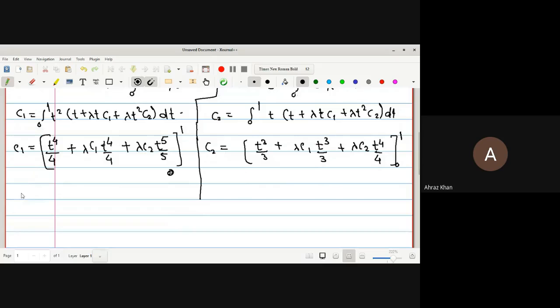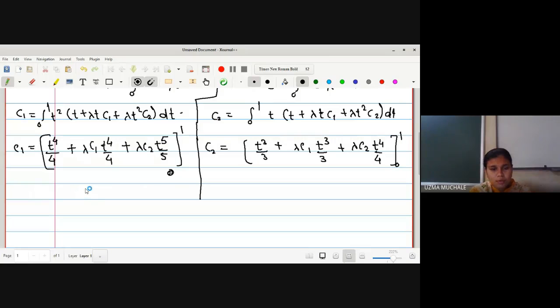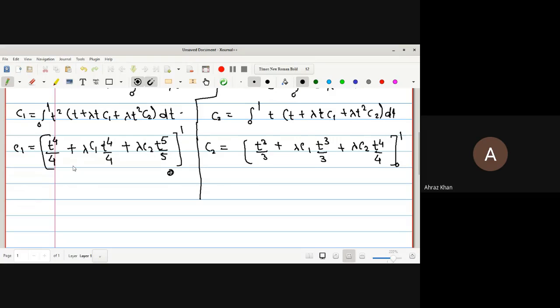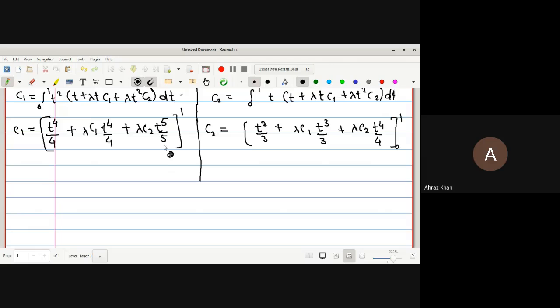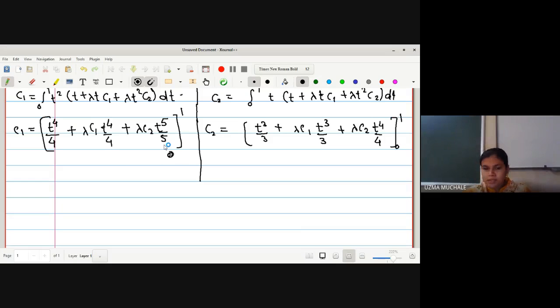Ma'am, write down, verify if the two equations are correct in terms of C1 and C2. In terms of C1 and C2? Yes, ma'am. Write down the equations, ma'am. Okay, have you done this up to C1 and C2? Yes, even further than that. Yes, ma'am. Okay. Can you please tell me what are the equations you got?